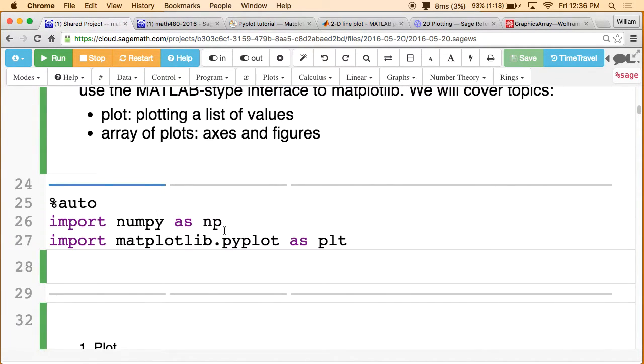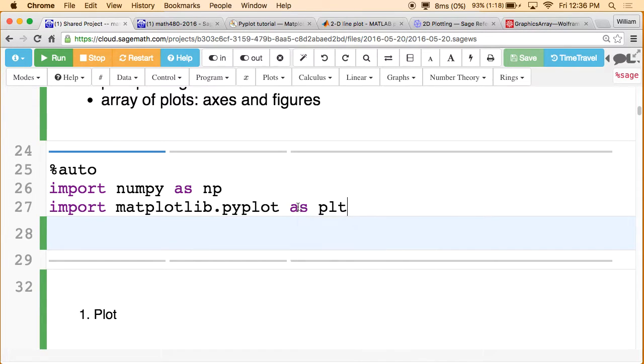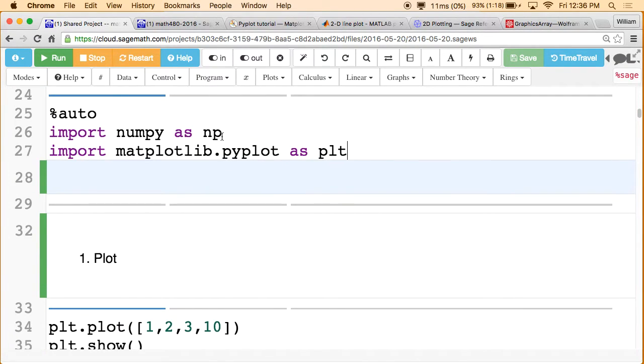context. So first, I'm importing, and I will use these throughout the rest of this tutorial. I'm importing NumPy as NP, just like we did on Wednesday, pretty standard thing to do. And I'm importing a library from Matplotlib called Pyplot as PLT. And just to emphasize,